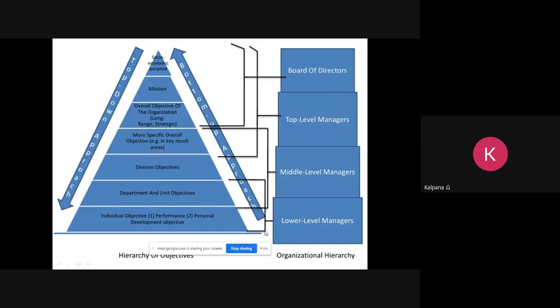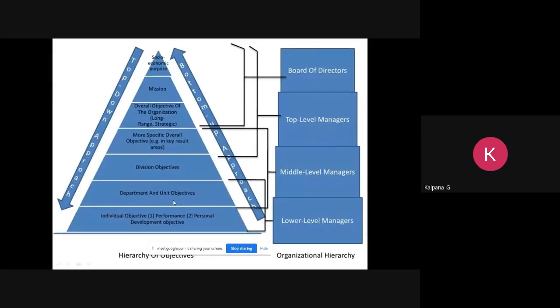And then we have another category called lower level managers. These are the managers who work as department heads or employees in the different divisions. So they are responsible for setting the department objectives, the unit objectives and individual objectives. When we talk about a department, say for example, we have a CRC department in our college, isn't it? When we talk about unit objectives in that, it could be, say for example, a club which is running in the CRC department, or it could be the TIC, talent intelligence group, running in the department. Those are the different units.